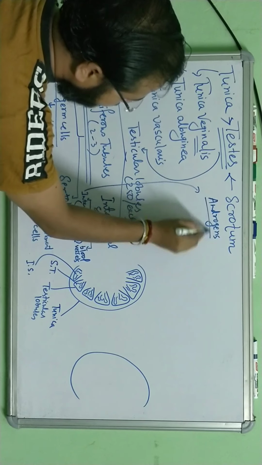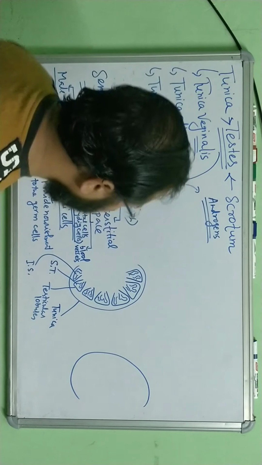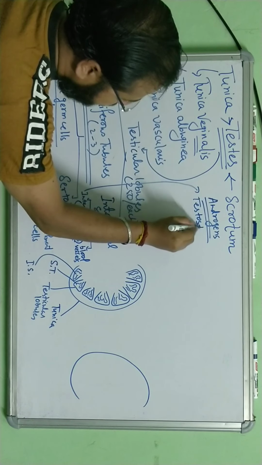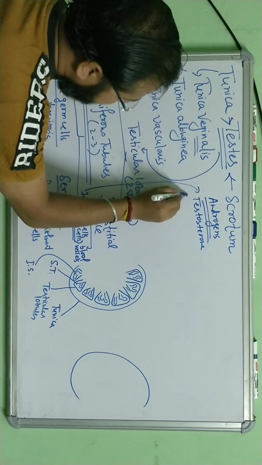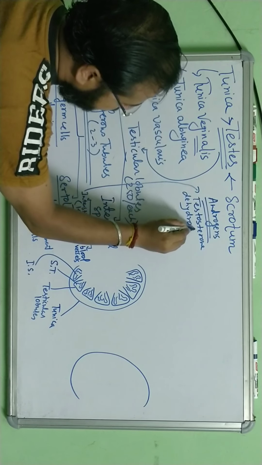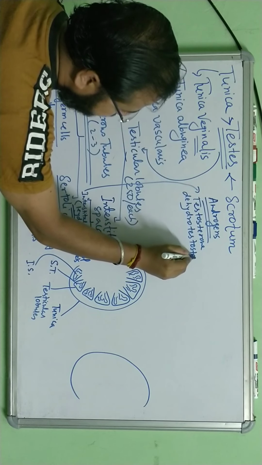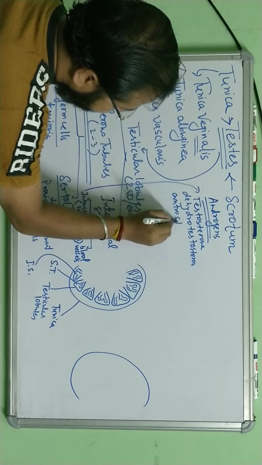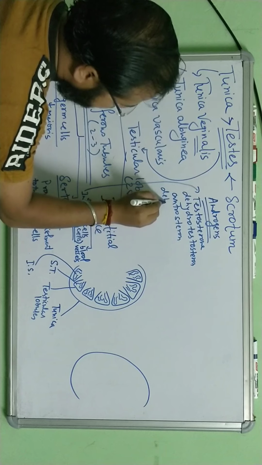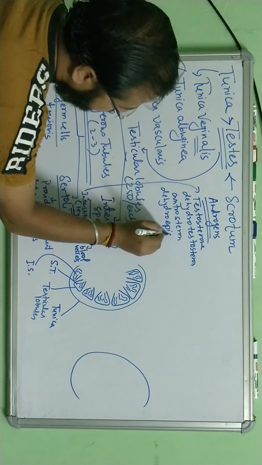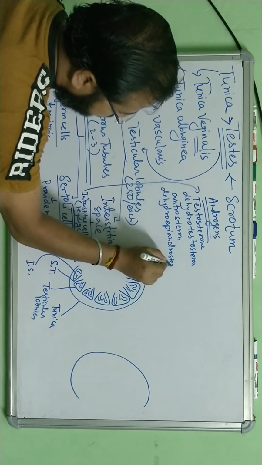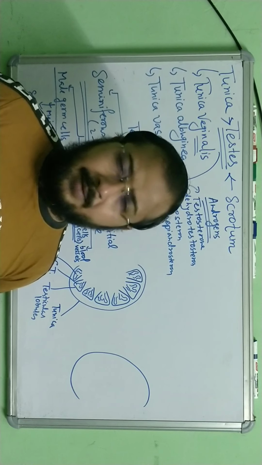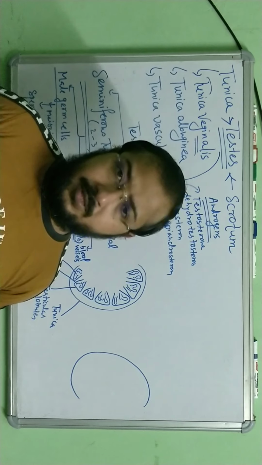Androgens are a group of male sex hormones. Some examples you write: testosterone is a very common name. Testosterone is a hormone. Second, some examples I am giving: dihydrotestosterone, then androsterone, then dihydroepiandrosterone. So these are some examples of the hormones known as the male sex hormones. There are some more. These are the main important hormones that you are supposed to remember.